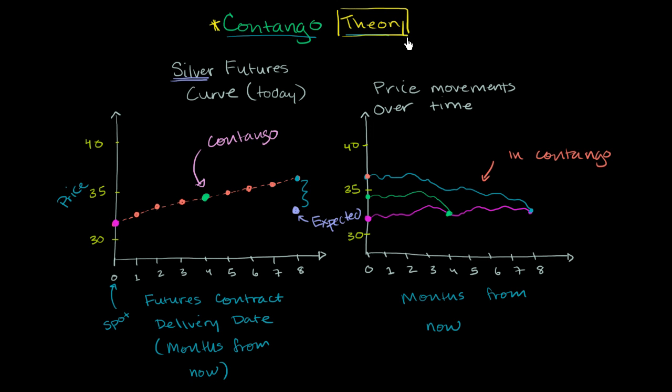Now, for both of the theories, you never know what this expected price is, so you can't literally observe it in a snapshot in real time. The closest thing we can do to observing either a real contango or real normal backwardation in a market is, in the example of contango, if the future delivery price right now is higher than the expected price, as we get closer and closer to that delivery date, it should converge or move down. So you can observe contango over time when this price moves down as we go forward in time. This is a snapshot. This is it moving down as we move ahead in time.